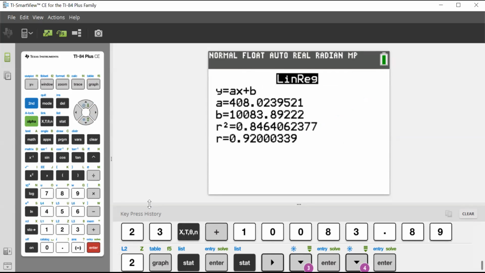In the next video, I'm going to talk about finding this value for r here, or actually what that means and what it tells us. Okay, so that's why we had to turn the diagnostic on, because if you don't have your diagnostic on, it won't give you that value. All right,